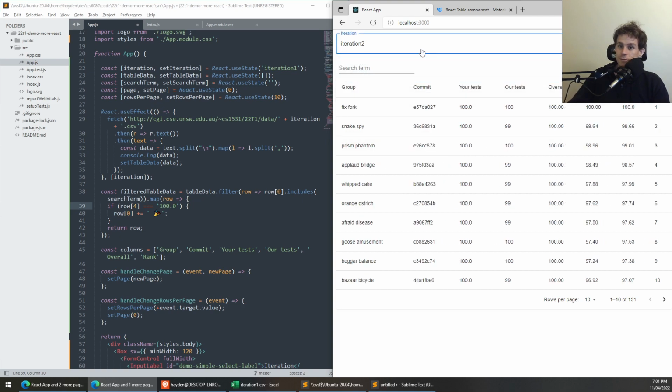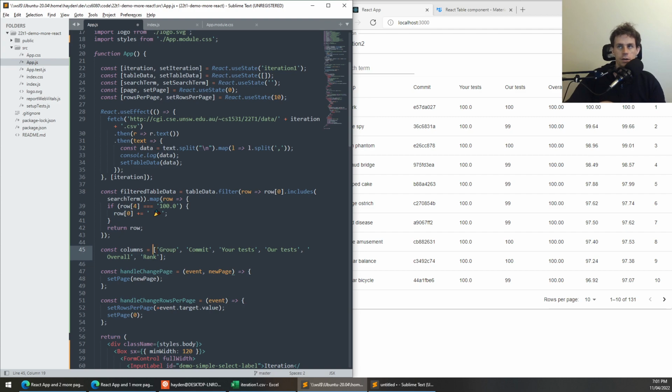It does start to break for other iterations though. This is the interesting thing. Notice how the overall mark and this one, the columns are different for another iteration. This is where it gets really tricky, because now you kind of have to be like, oh, geez, well, you know,